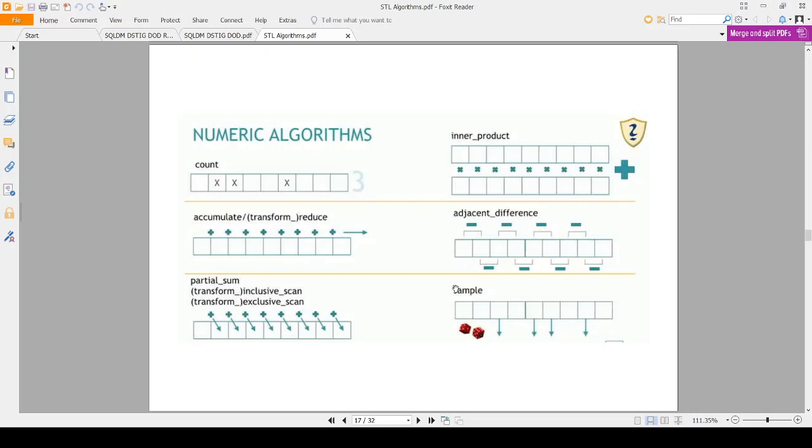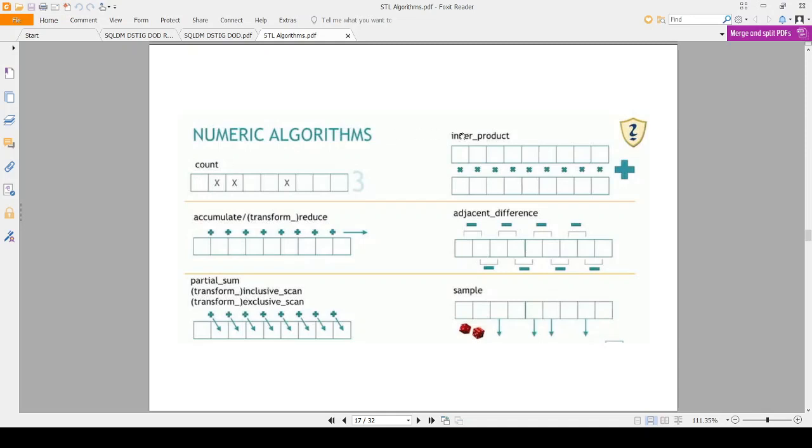So these are the numeric algorithms we will discuss. Count, as you see, simply gives you the count of the particular elements that you are looking for, and that is quite useful in many problem solving things.